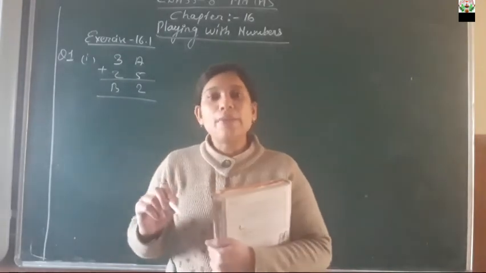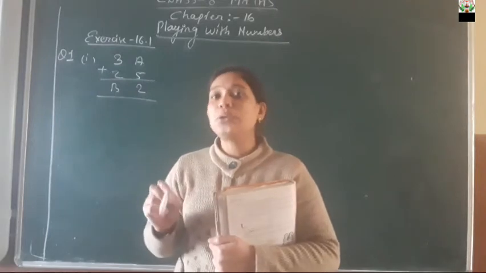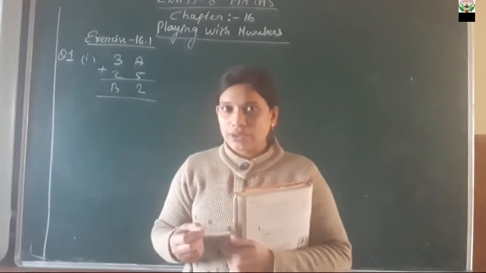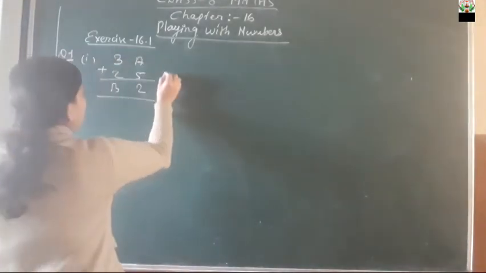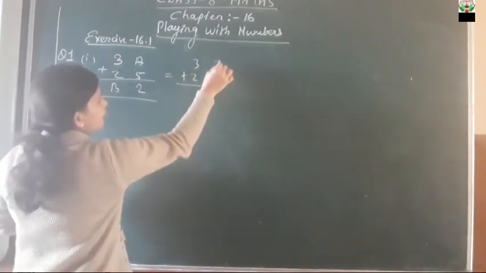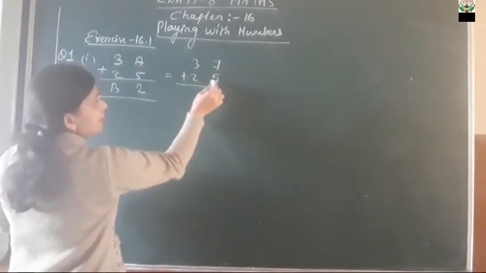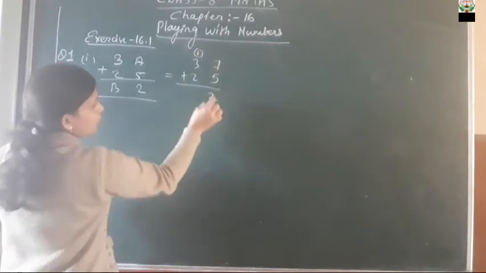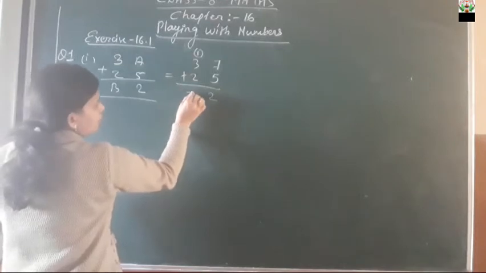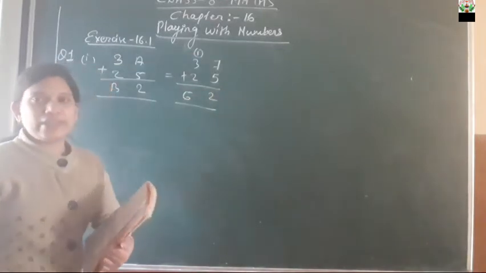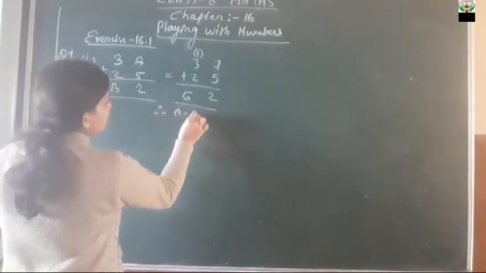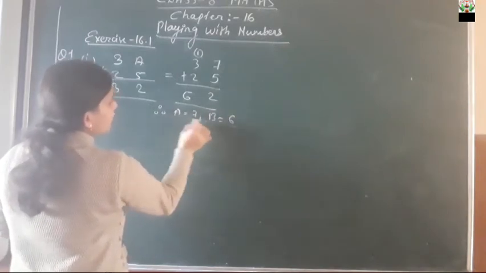मतलब a के प्लेस में एक ऐसा नंबर रखना है जिसको ऐड करने पर 2 आना चाहिए, 12 आना चाहिए. ठीक है, मतलब उसके वंस के प्लेस वैल्यू पर आपको 2 आना चाहिए. Okay, so here suppose in place of a we are going to put 7. 7 plus 5 will be 12, isn't it? 12 will be here, one's place 2, and 1 will be carry. So 1, 2, 3, 4, 5, 6. What is the value of b we will get? The value of b we will get as 6. Clear to everyone? Therefore the value of a is equal to 7 and the value of b is equal to 6.